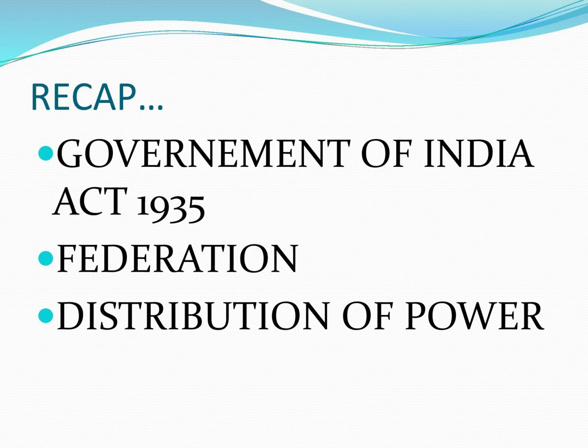Apart from this, the Act also incorporated the establishment of the Federation of India, that is, the establishment of a federal form of government. It consisted of the provinces of British India and princely states as units. For the first time, an attempt was made to establish a federal government. This was the first provision incorporated in this Act: the establishment of a federal government.